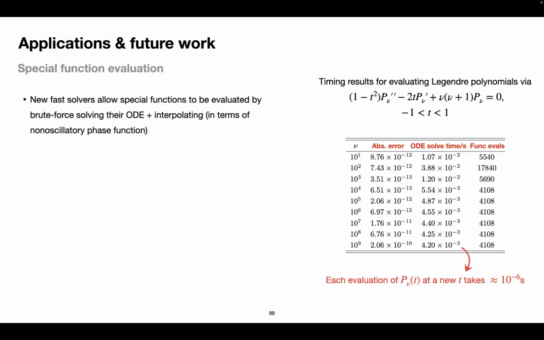So I'm just plotting some runtimes for solving for different order Legendre polynomials, which is a type of special function. And you see that independently of the order, the evaluation takes on the order of a millisecond, which is very fast. And importantly, it's independent of this parameter mu, which is the order of the polynomial. Normally, the evaluation gets harder for high orders or for certain parameter combinations.